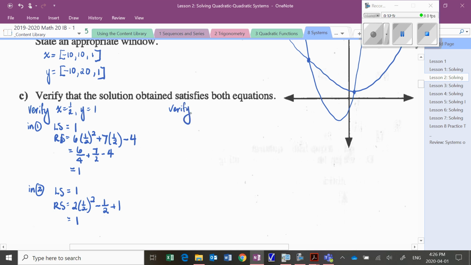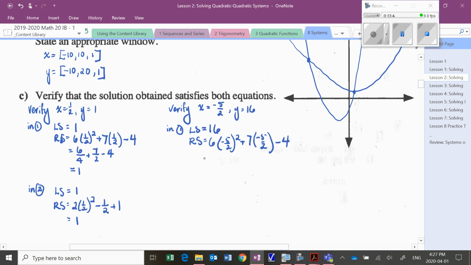Based on the first verification that we did, that point x equals 1/2, y equals 1 worked in both equations, so that confirms that that is one of our solutions. So we want to verify x equals negative 5 halves and y equals 16 also works in both equations. In the first equation, the left side was just y, which is of course 16. The right side was equal to 6 times x squared, so 6 times negative 5 halves squared, plus 7x, or plus 7 times negative 5 halves,